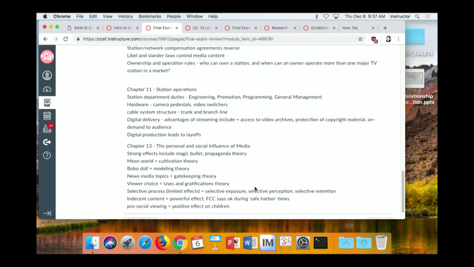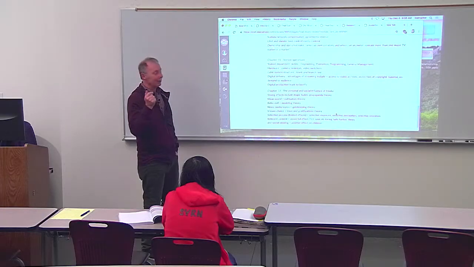So these are things that we've mostly discussed last class, and we'll be looking forward to rounding that up at this class. At the end of this class, we'll have a Kahoot about this. But I think we do remember the strong effects theory of media influence, which was the idea that, it was kind of disparagingly eventually called the magic bullet, because it was a little unrealistic. The idea was that people who were exposed to a message would sort of have their convictions instantly changed by the message.